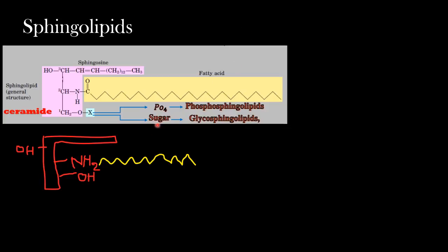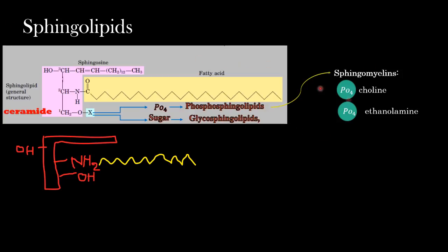So if the H is replaced by a phosphate group, then they are called phosphosphingolipids, and if the H is replaced by sugar, then they are called glycosphingolipids. One example of phosphosphingolipid is sphingomyelins, and they will carry choline or ethanolamine as their head groups. Along with the phosphate group, they will have choline or ethanolamine as their head groups. And examples of